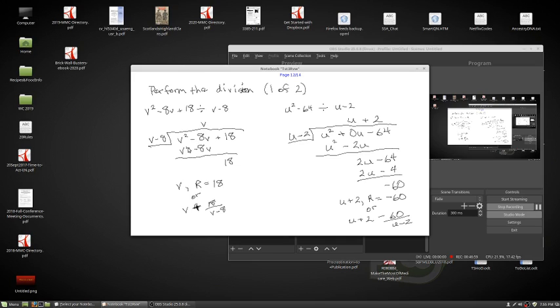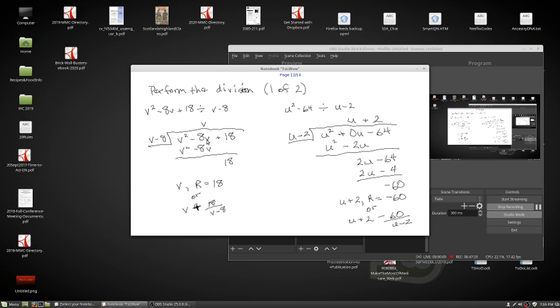Okay, what do we multiply v by to get v squared? Well, the answer is the v. So v times v gives us a v squared here, and then negative 8 times v gives us a minus 8v. When we subtract this